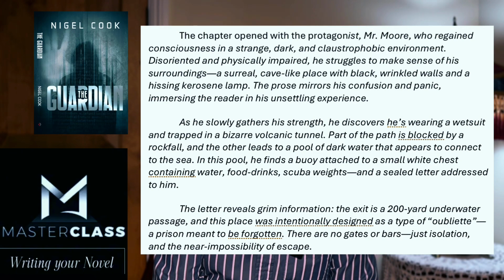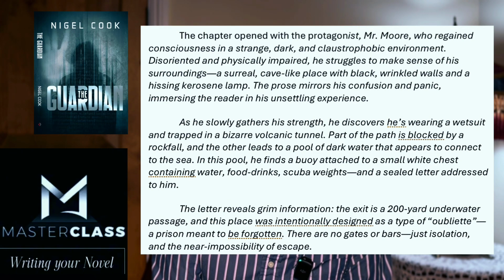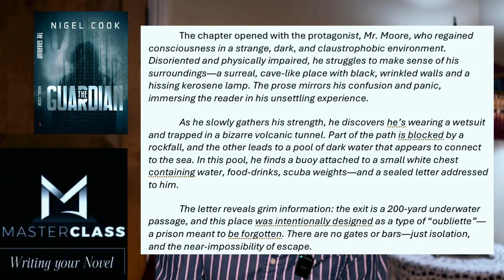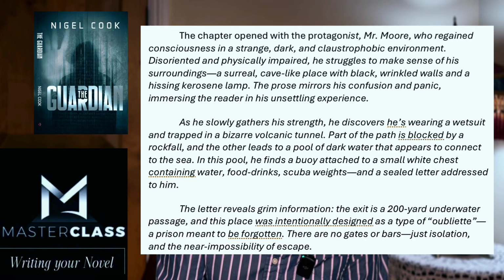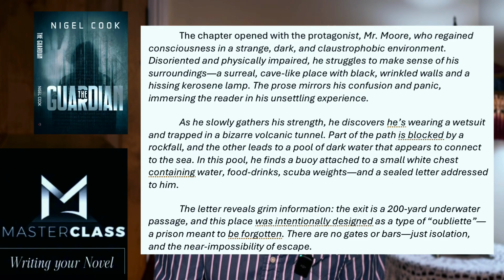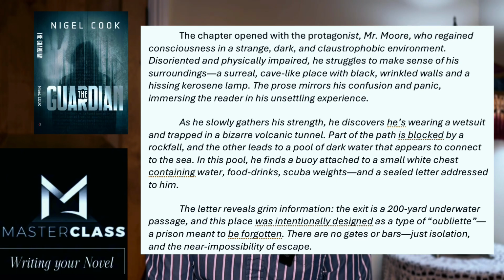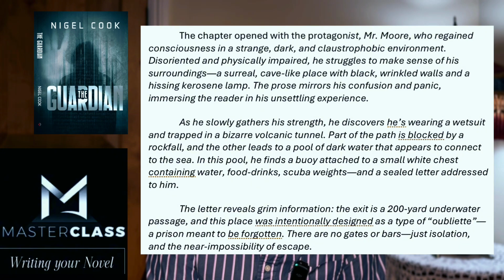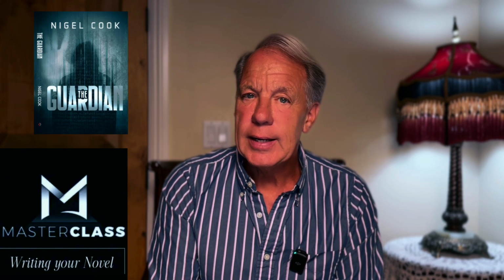The letter reveals grim information. The exit is a 200-yard underwater passage, and this place was intentionally designed as a type of oubliette, a prison meant to be forgotten. There are no gates or bars, just isolation and the near impossibility of escape. This chapter builds strong tension and mystery, leaving the reader with questions about who put Moore here and whether escape